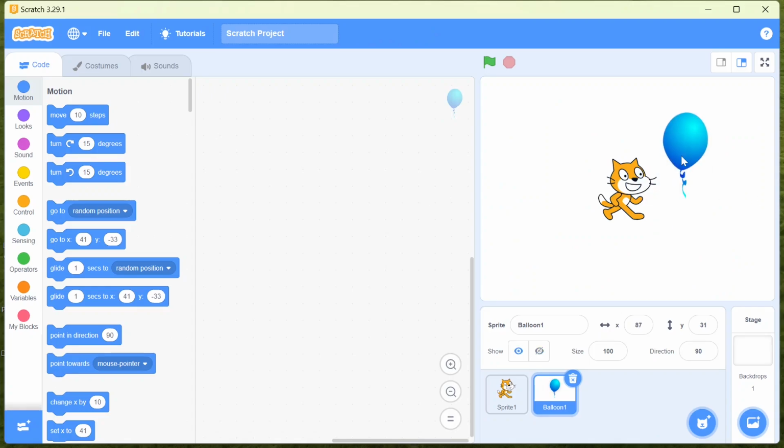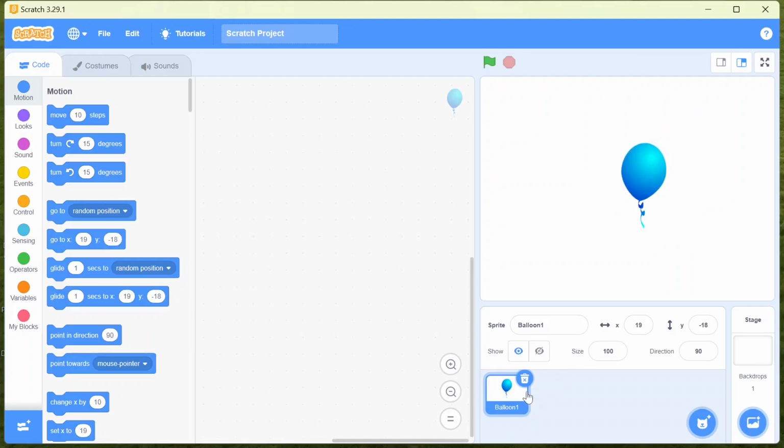You can see this region is called the sprite area, where whenever you choose any sprite it will come over there. Now you want to delete this cat sprite, so you can go through this icon and just click on that and see, the delete option comes. So this is called the delete sprite area. You can click on this delete button and automatically your sprite is deleted. So here you can choose your sprite as per your demand, and if you want to delete it you can delete it.